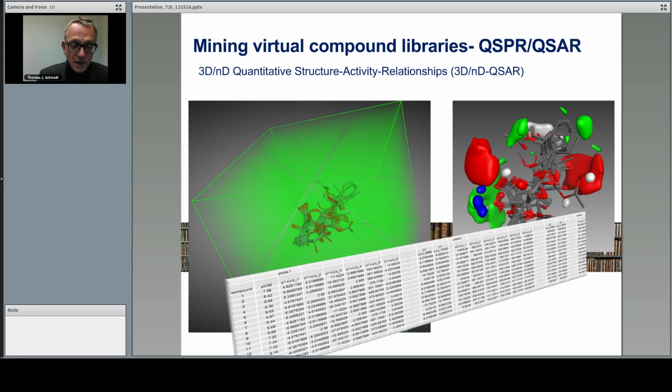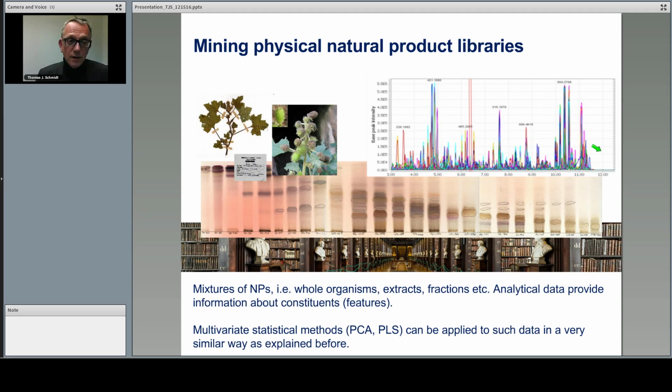But as I said, 3D QSAR is not something we can go into detail at this point in time, but what we should do in the remaining time is to look at an example, or at the possibility to mine natural product libraries. We've seen a little bit about the statistics and the modeling methods that can be used for QSAR models. And as I said in the beginning, we can use relatively simple